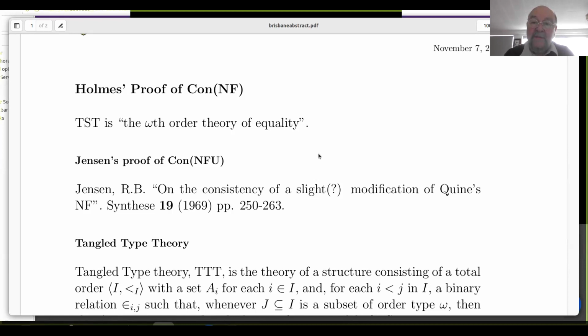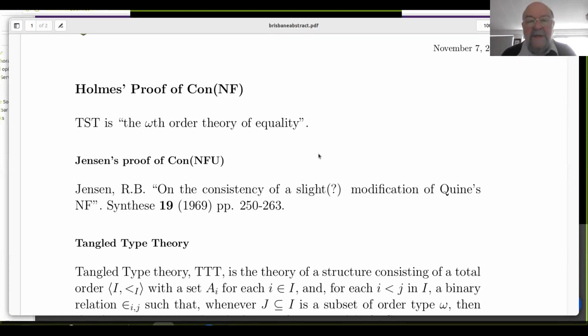and provides a really quite unexpected result that Quine's NF with U-Elemente, with atoms, is consistent and quite weak, whereas by 1969 it was known that Quine's NF without atoms, the full version, was quite strong. It proved the axiom of infinity. Now,